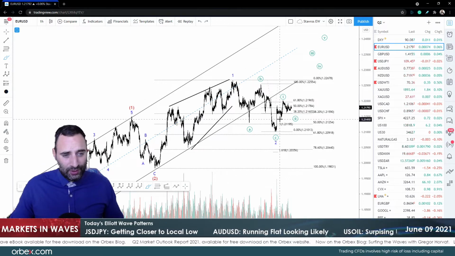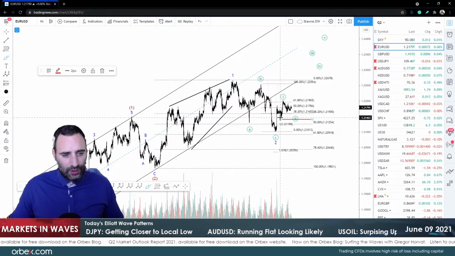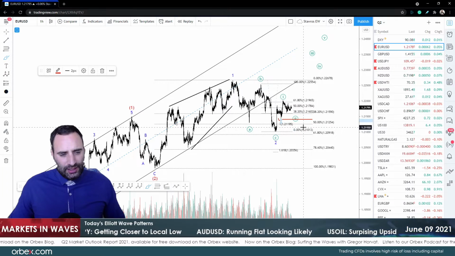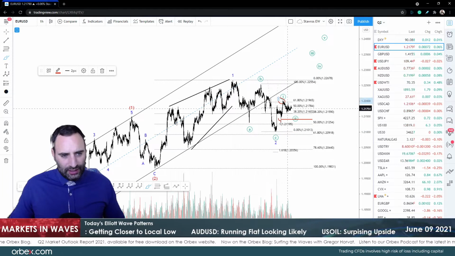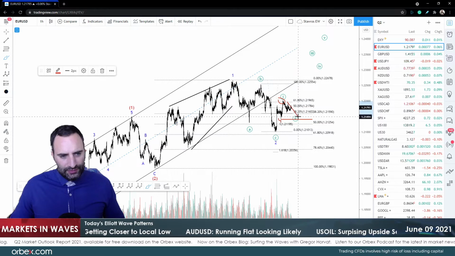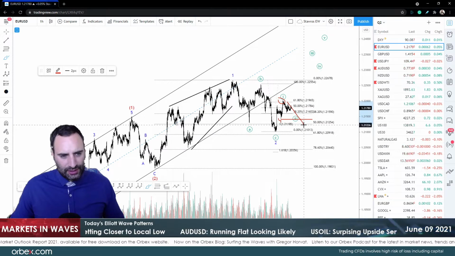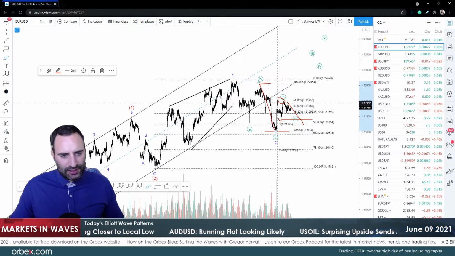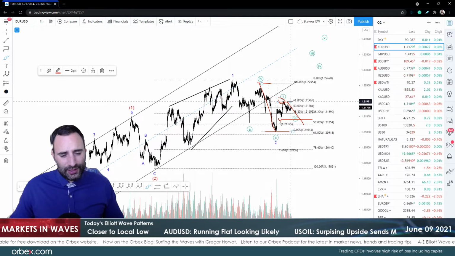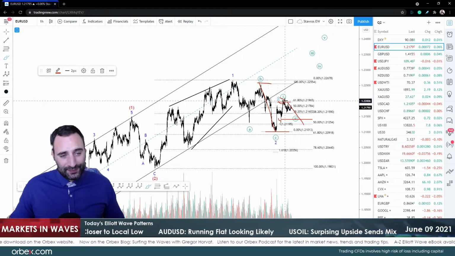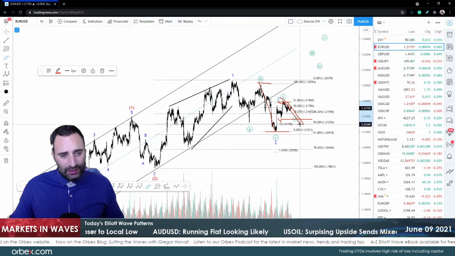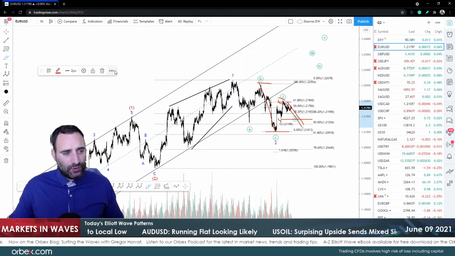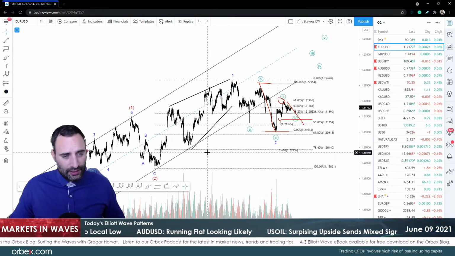Now, if we break below that low, 121.41, which is wave 4 here, the chances of this moving even deeper lower increase. Why? Because if we take the Fibonacci of that leg to the downside, we just did the 61.8, guys. So we might just start moving lower and get even close to the previous low, depending, of course, on what sort of signals we're going to see on the RSI and the MACD.